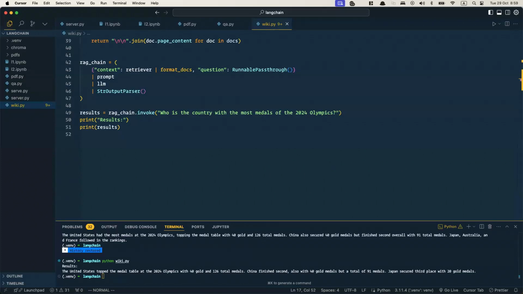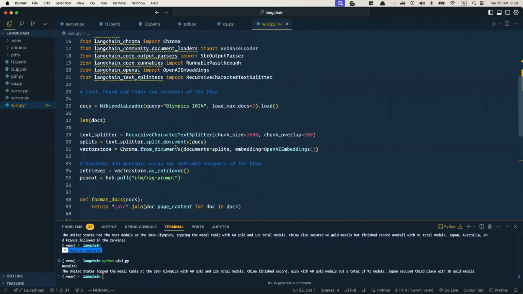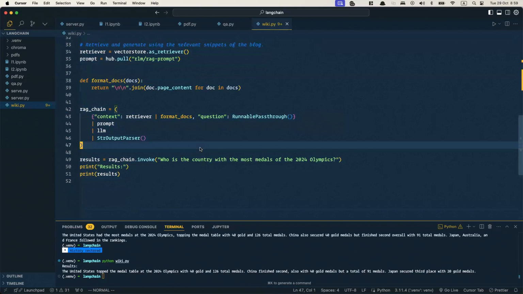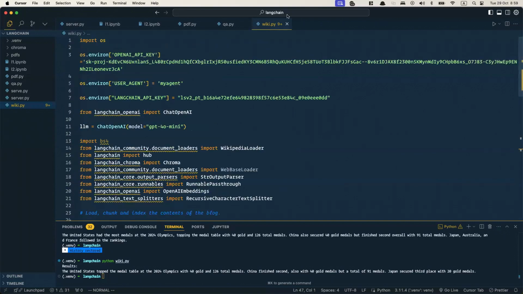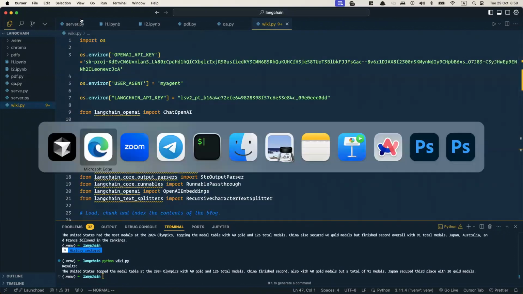Okay, how to train the chatbot to reply based on your products and data? That's what I'm going to show you next. But before that, I'm going to show you how to get the data from Wikipedia. Okay, so we go back to our